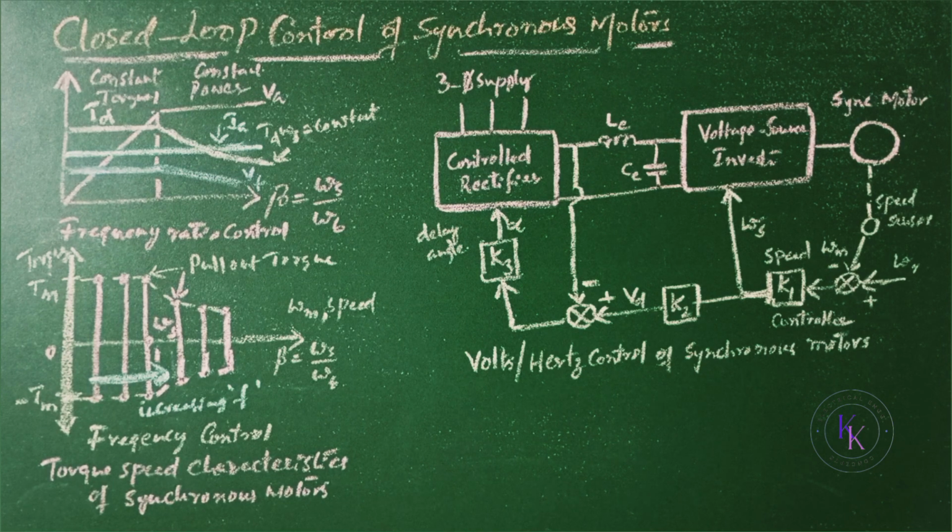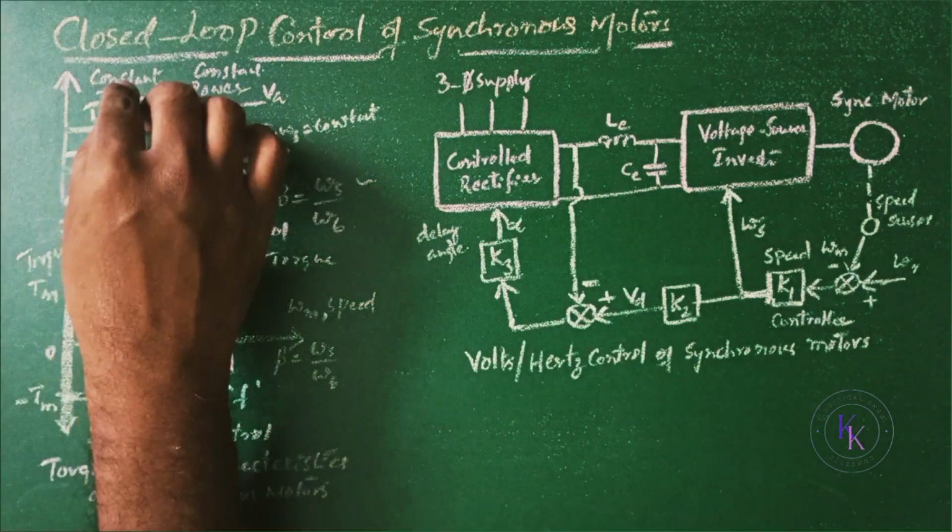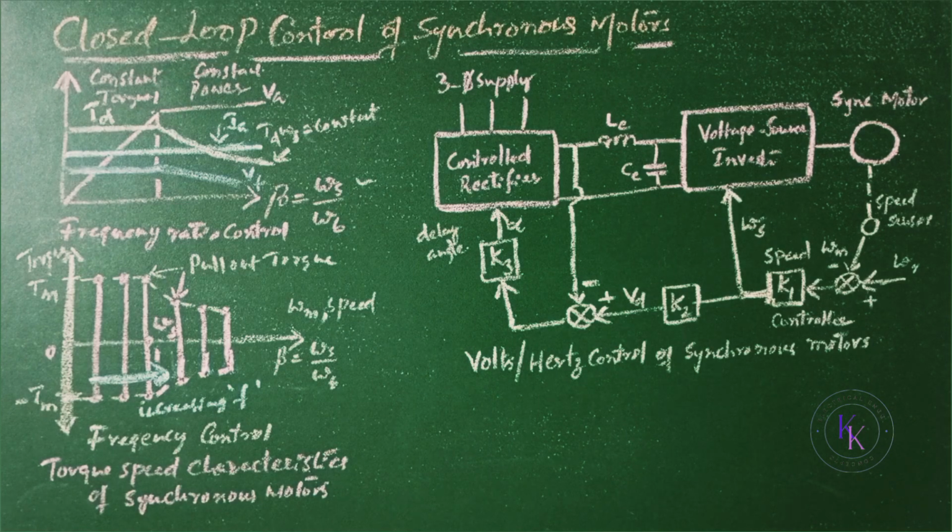Closed loop control of synchronous motor. A typical characteristics of torque, current, and excitation voltage against frequency ratio beta as shown here. There are two regions, that is constant torque and constant power. In the constant torque region, the voltage is maintained constant, and in the constant power region, the torque decreases with